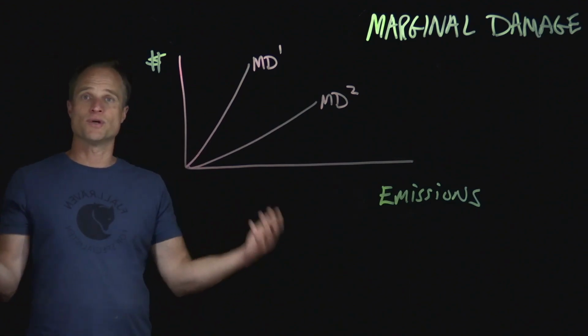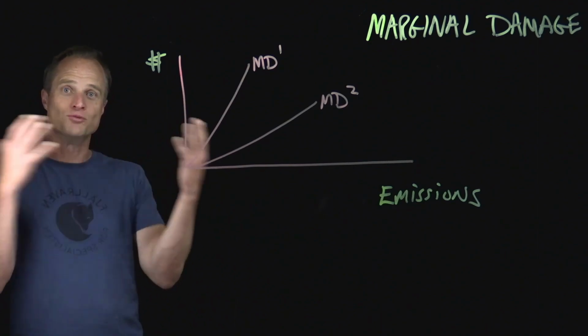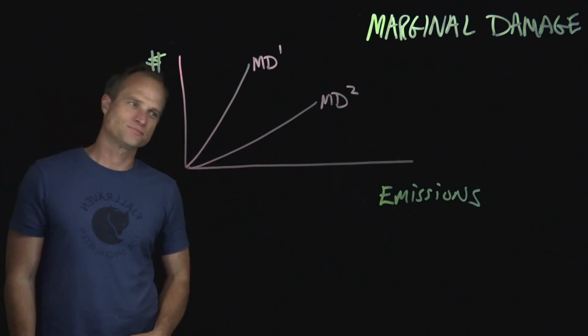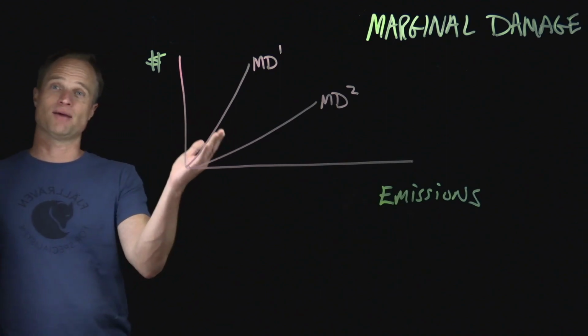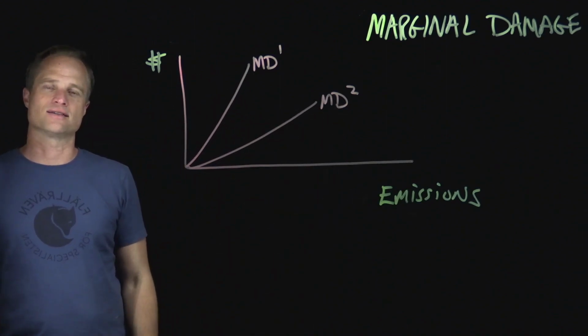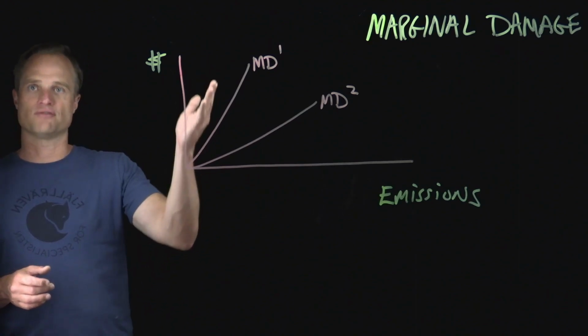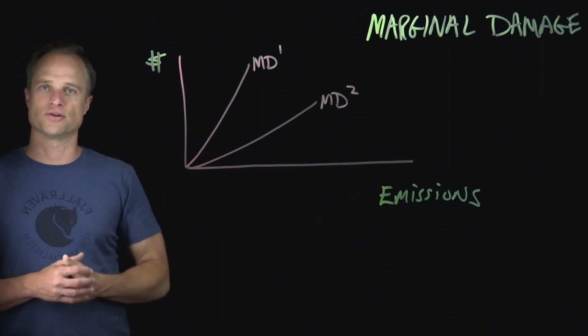If you have a pollutant and no one's there, at least in these models, if there aren't humans suffering these costs, then these marginal damage curves are going to get more flat and not as intense. So it's interesting to think about what could shift or change the marginal damage